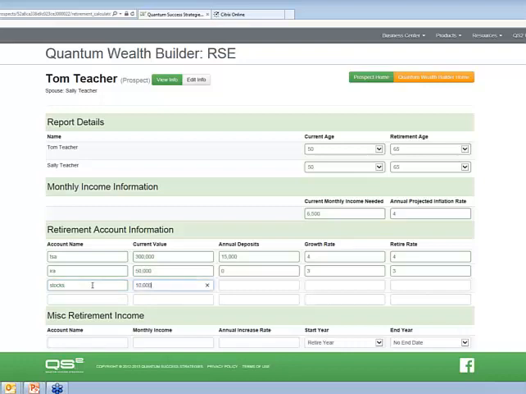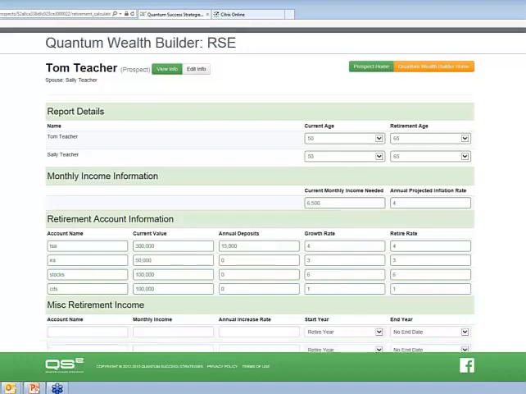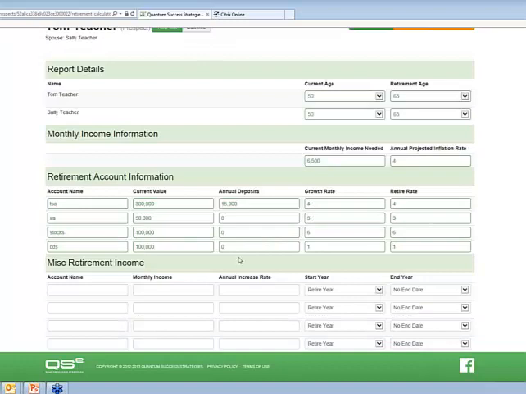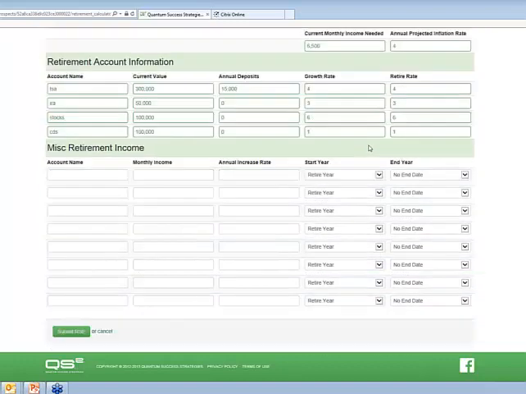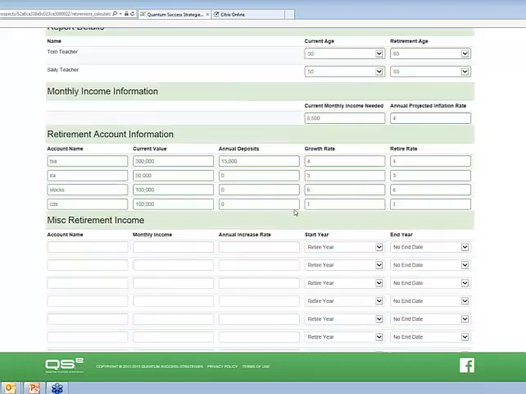Let's say they have stocks, and they have $100,000, no deposits. They think they can get 6% before retirement, 6% after. And then let's say they have CDs, okay? And let's say they have $100,000 in CDs, no deposits, 1% before retirement, 1% after. And now it's kind of fun just to be able to see that if that's all they had and they had no other pensions, which they will, just with that data against there, you could click submit